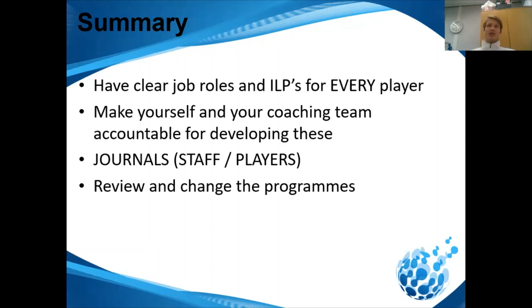Journals for staff and players, I think, are important. Reflection all round. I'm massive on reflection, but not just reflection on, no, yeah, I thought the session went well, we moved the ball around. No, specifically, did you get the outcomes? Did you give enough focus on the inside man's movement to receive and his playing back to play? Did you give him enough opportunity to shoot at goal if you want to improve his scoring ability, etc., etc.? And it's also essential that you review the programs. So you review the programs over time, tweak them, change them for the player, etc., etc.